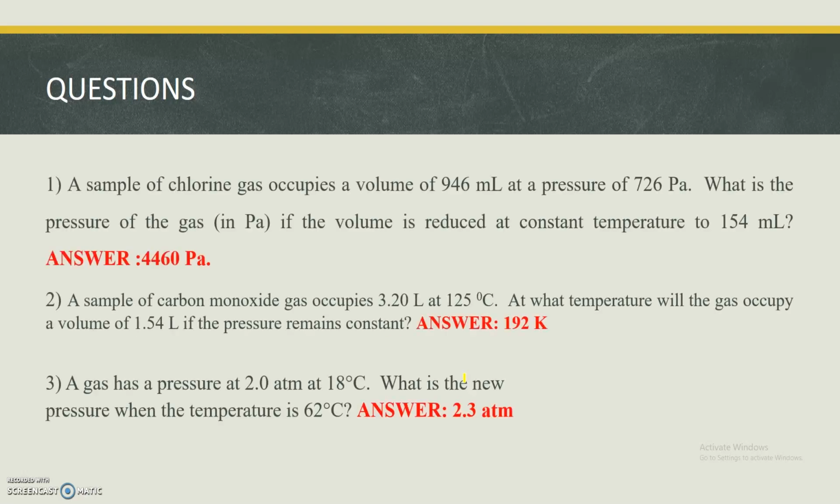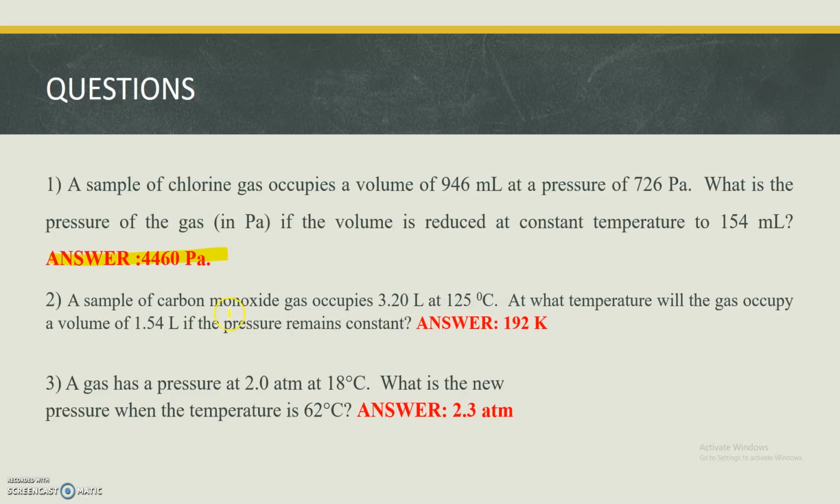Questions. You can try to answer by using the concept of gas law. Question 1. A sample of chlorine gas occupies a volume of 946 milliliters at a pressure of 726 pascals. What is the pressure of the gas, in pascals, if the volume is reduced at constant temperature to 154 milliliters? Answer: